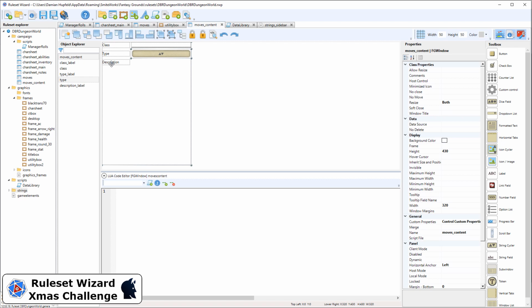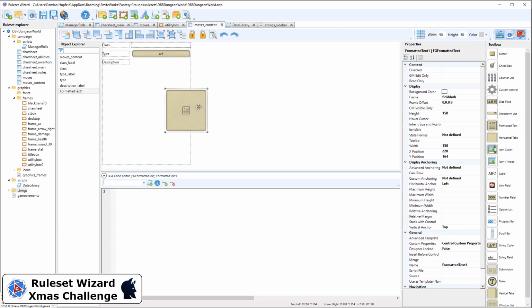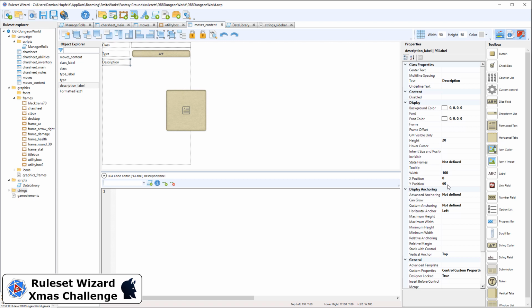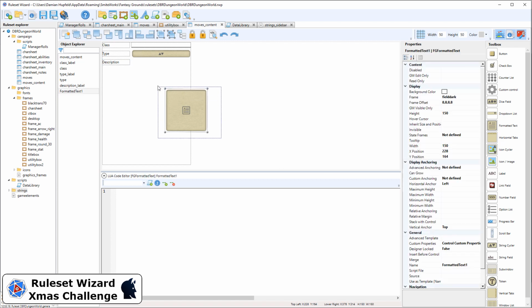Okay. Now we need a formatted text field for description. We've got two options here. I'll add in a formatted text field first. What is that position? It's 60 down and 105 in. So 60 here, 105 here. This will be 215, and the height doesn't really matter. We're going to go with something a bit smaller, 80, but we're going to set it to,